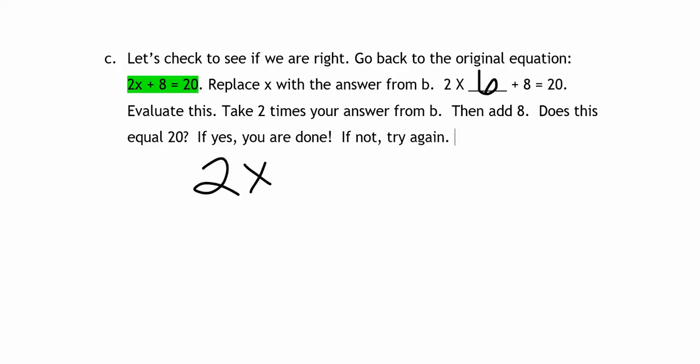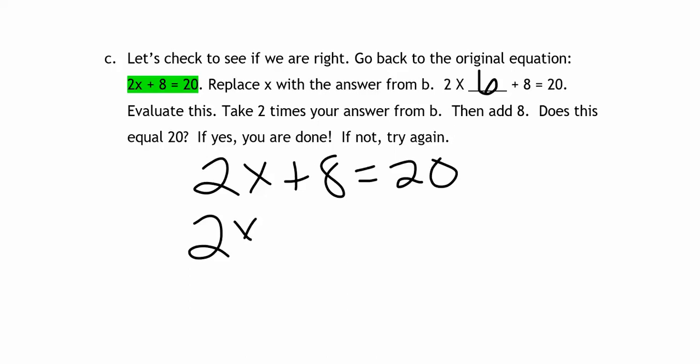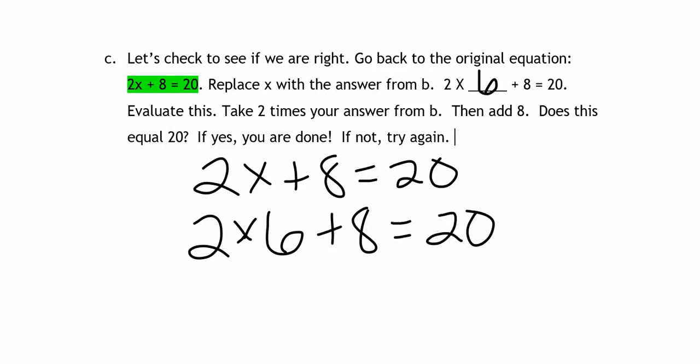So my equation, 2x plus 8 equals 20. Then 2 times x, well, instead of x, I know that x is 6. So I just replaced the x with 6. Now I'm going to see if that's true. Remember, order of operations says we need to do the multiplication first. So 2 times 6 is 12